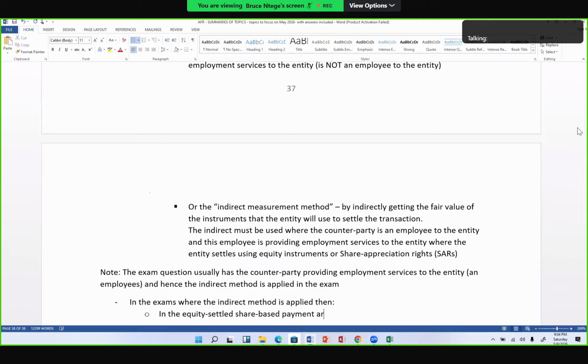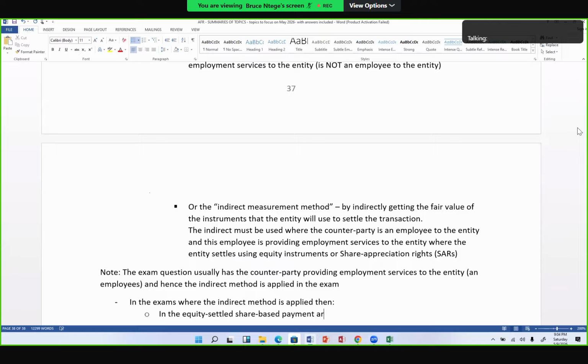Okay? It will be set on the grant date, it will be fixed at the grant date fair value